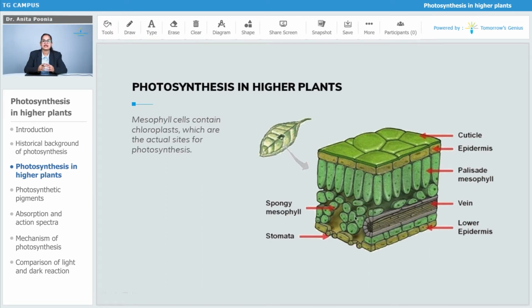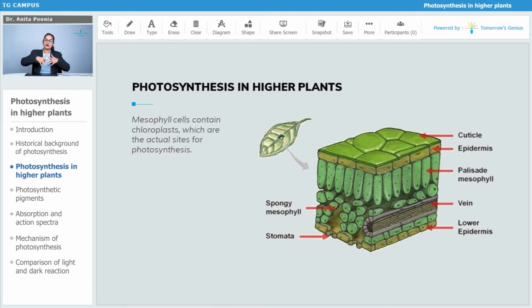Mesophyll cells contain chloroplasts, which are the actual site of photosynthesis. So this whole region, along with the palisade cells as well as the spongy cells, constitutes the mesophyll area. Now let's see the whole of the transverse section of the leaf. You see the cuticle, the epidermis, and palisade cells, which I told you are longitudinally and compactly arranged, just like I